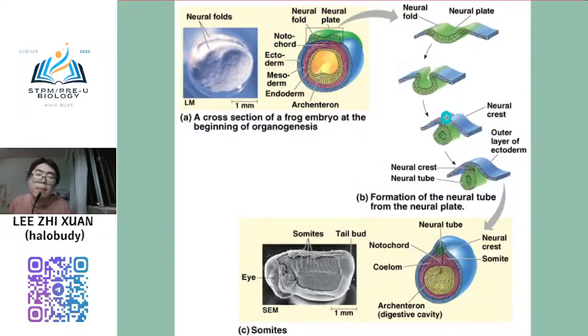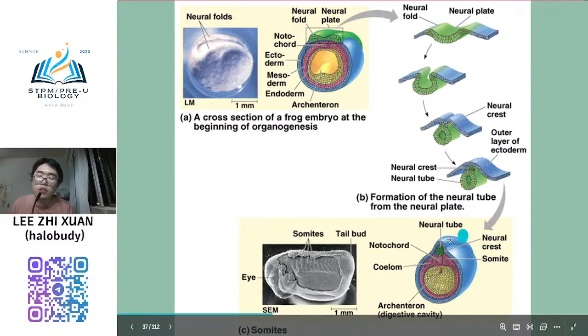Okay. Next is about the origin process, or the beginning process, of organogenesis. Because organogenesis is actually a very complicated process. It is not in our syllabus in detail, but in our syllabus we will mention the origin of organogenesis. So the organogenesis origin process is the formation of the notochord and also the formation